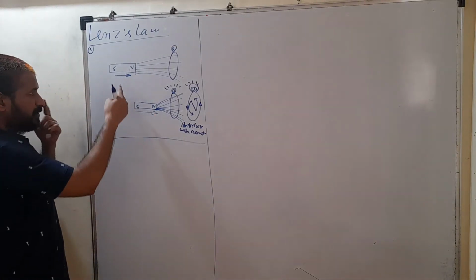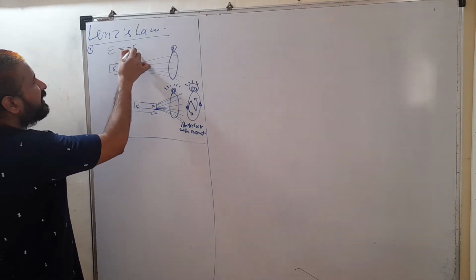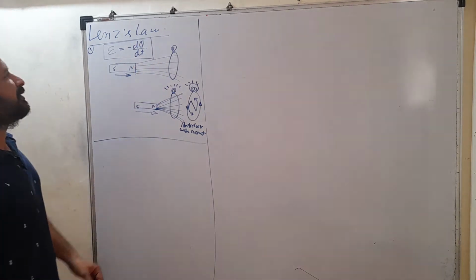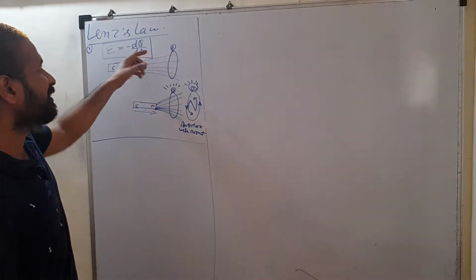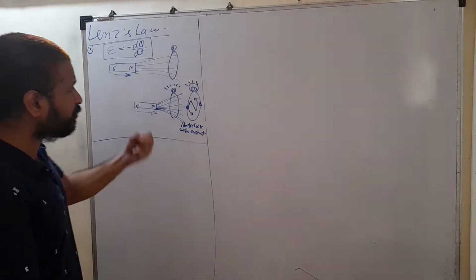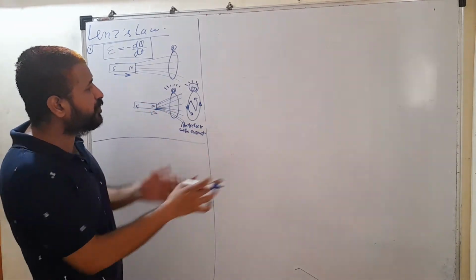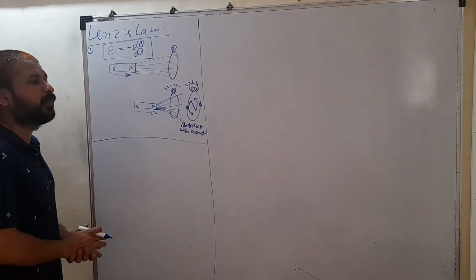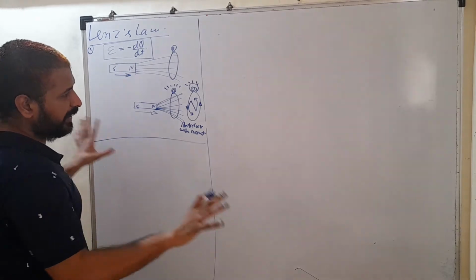Clear? So that is what Lenz law is. According to Lenz law, the EMF induced across a loop is minus d phi by dt. That minus sign you have to put here. This negative sign indicates that whenever you are trying to change the flux, the induced current is in a direction which opposes that change. If you are trying to change it, it is opposed by its current. So you have to forcefully change it. When you are forcefully changing it, you are performing mechanical work, and whatever mechanical work is done is converted into electricity. You cannot get electricity for free.